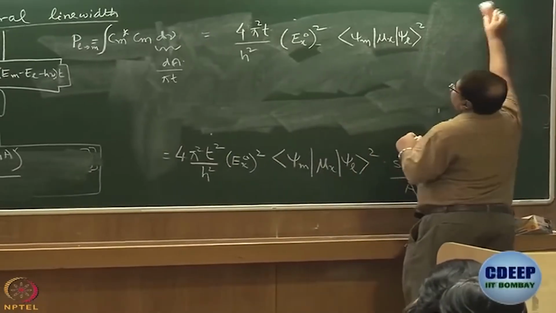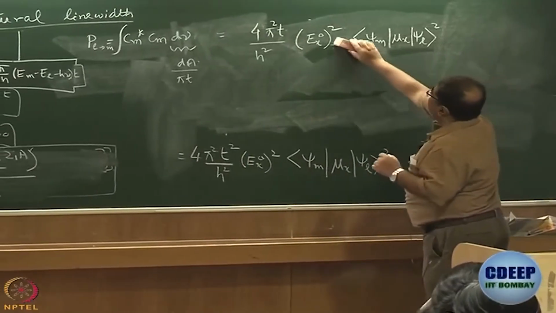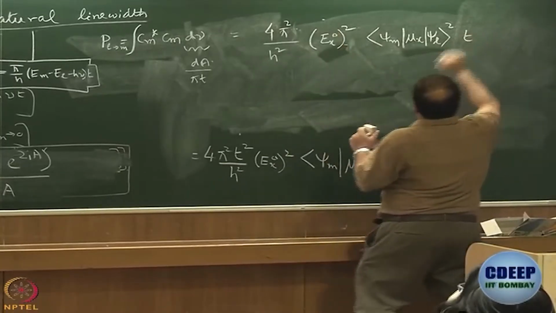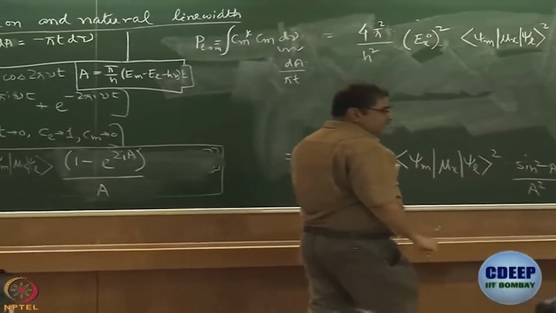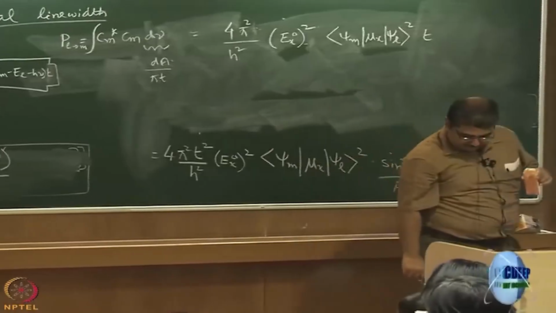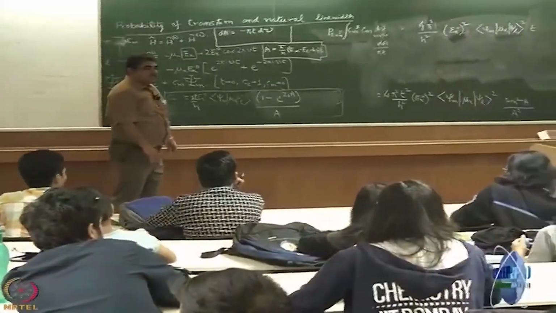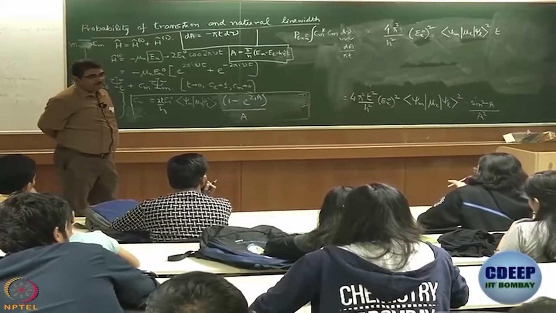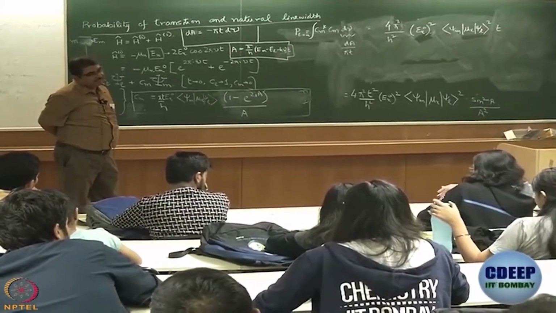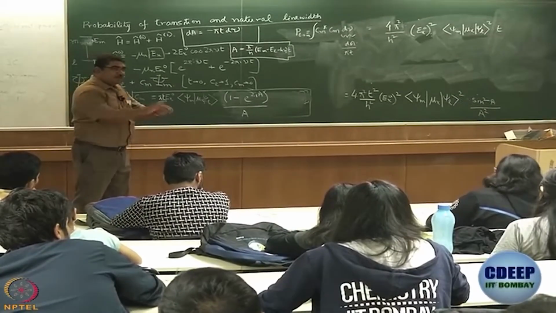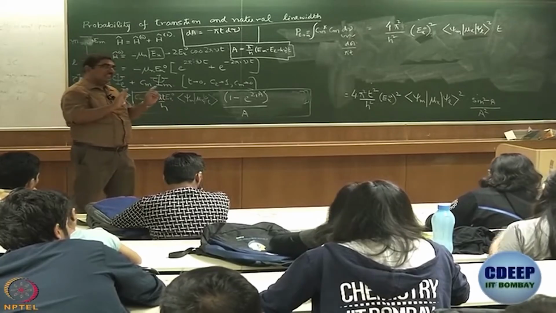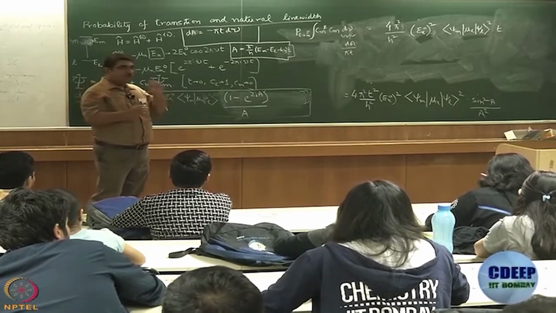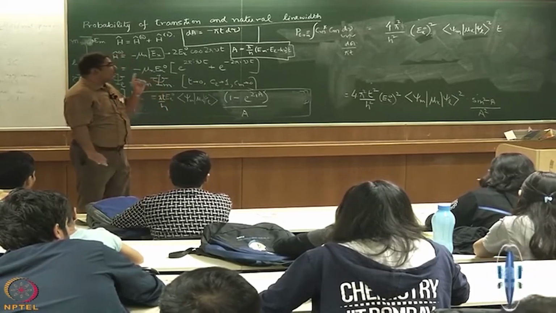Ex0 square. Maybe I will write this t here at the end, multiplied by the square of the transition moment integral. Yes. That's right. But now we will deviate from that. We have considered it at a particular time t after perturbation, so we don't have to integrate over it. Now the thing is this